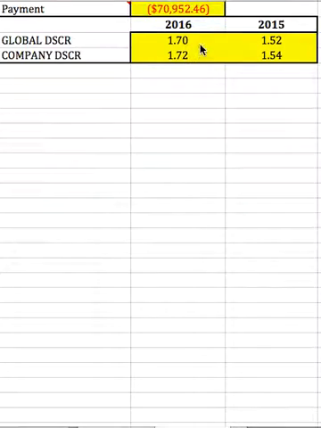And you'll notice that this number is a multiple, so it's 1.70 times and 1.52 times. Well, what that's telling us is that if it was 1.00, that would be exactly at break even. It means that for every dollar that was coming in the door, there is a dollar going out the door. In this instance, for every dollar that is going out the door, there's $1.70 coming in the door. So you can support the debt payments based upon your cash flow 1.70 times